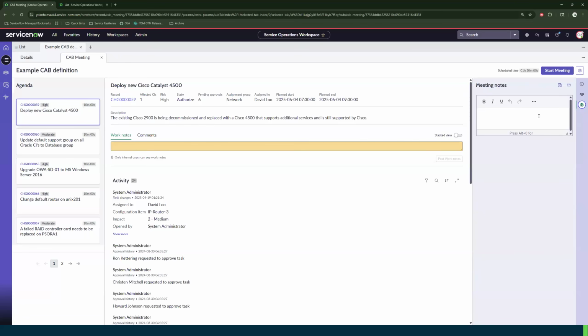And then also we have this meeting notes section where you can document notes for the CAB session. And if you check that box where you have it automatically being updated based on decisions that you're making, this is where that information will be captured, and this is what's sent out after the CAB meeting is over